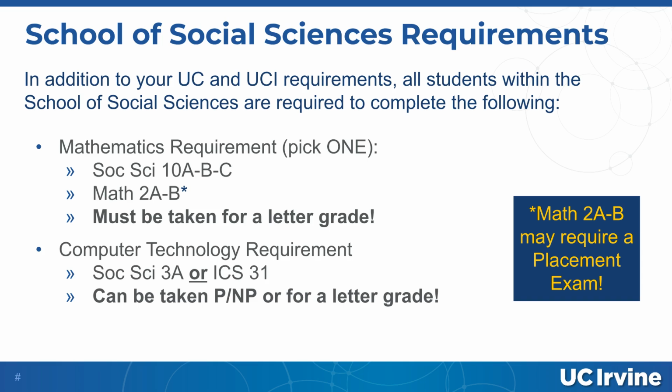Please keep in mind that the statistics series spans a full academic year, so it is strongly recommended that students begin in the fall quarter in order to complete the sequence by spring. For transfer students pursuing this route, it is advised that they begin the series during their first quarter at UCI. The calculus sequence consists of Math 2 AB and Stats 7. This option also requires 3/4 of math courses, but includes 2/4 of calculus and 1/4 of statistics, rather than statistics